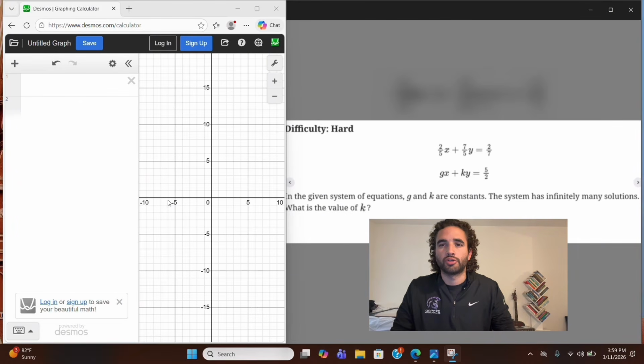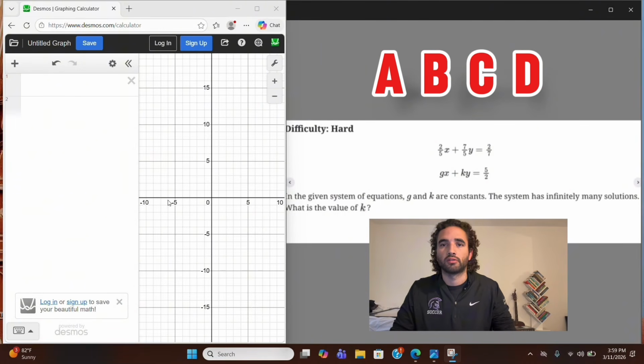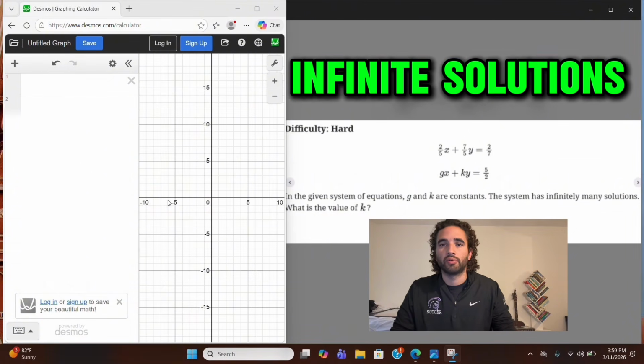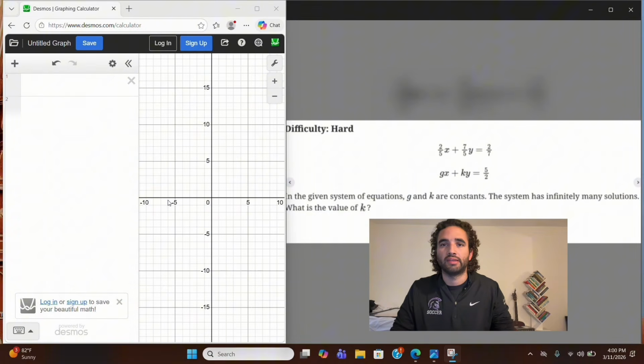This new Desmos trick can't be applied to every constant problem, but it can be applied to very specific ones, and when you know how to do it, you never have to solve those problems again. The types of problems we want to be looking for are systems of equations with one or many constants. If that question is talking about no solution or infinite number of solutions, then you can always apply this Desmos trick. Instead of wasting time with sliders or long-form algebra, we can write one line on Desmos that solves it